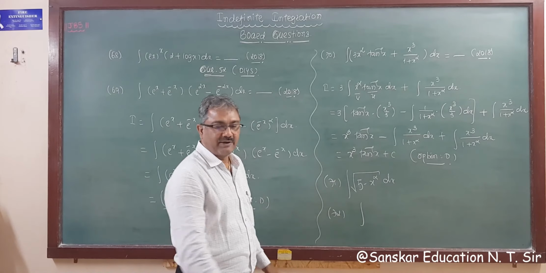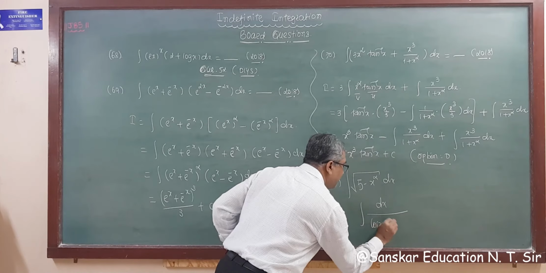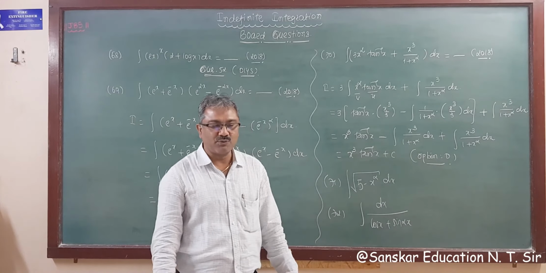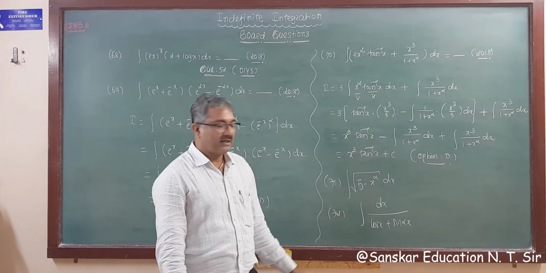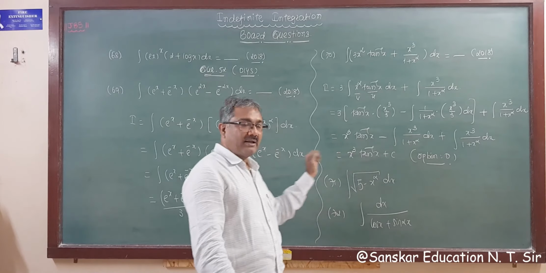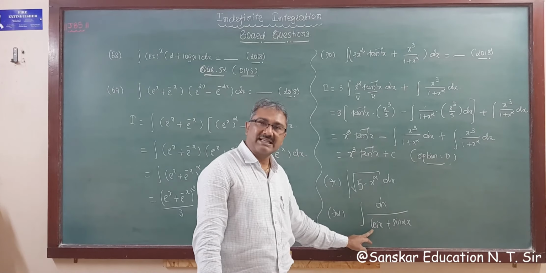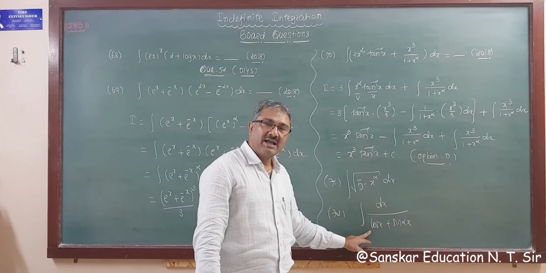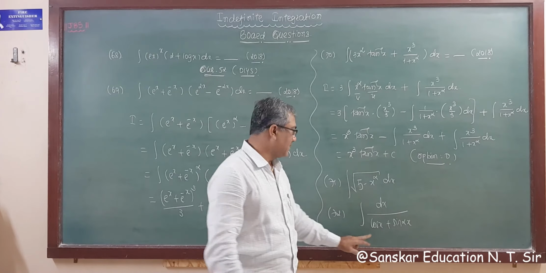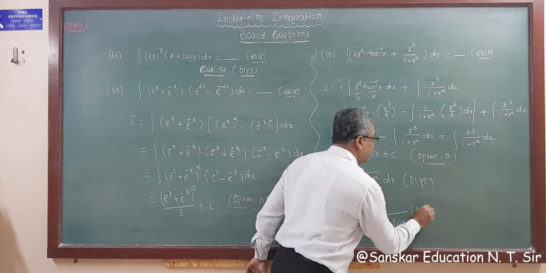Integration is given: dx upon cos x plus sin twice x, right? And that is from the 2018 exam, and this is a very easy question. We did it in the previous video: there, here is sine, so taking sine common, now here take cos common, and divide and multiply by cos and assume for sine. You can do it yourself. So both these questions are do it yourself, this is also do it yourself.